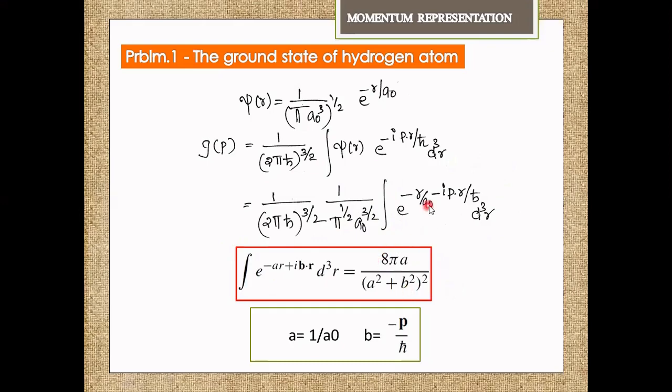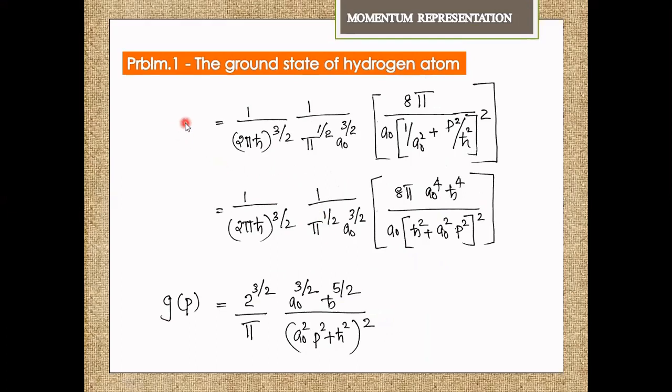When we compare these two equations, we have a is equal to 1 by a0, and b is equal to minus p by h cut. So when comparing these two equations, we obtain a is equal to 1 by a0 and b is equal to minus p by h cut. Therefore,